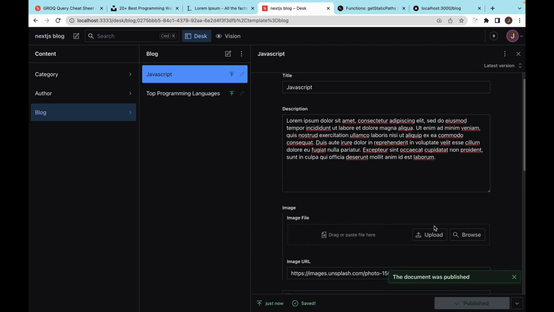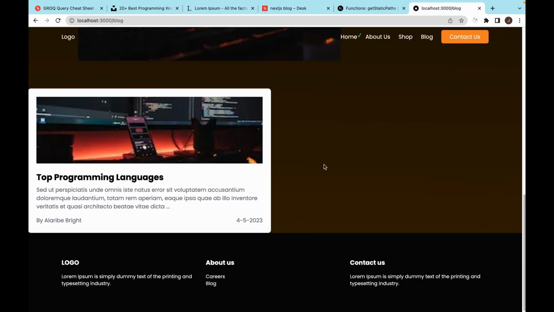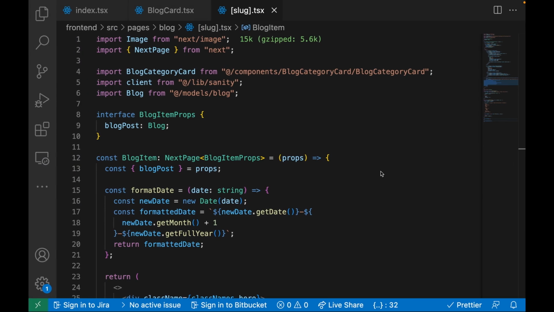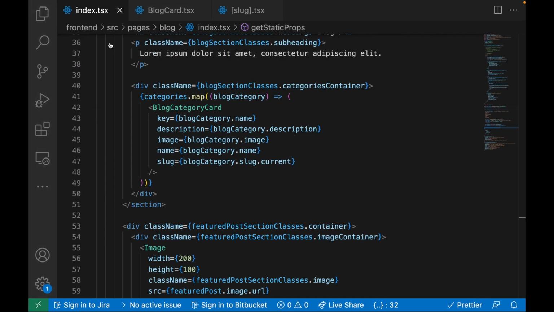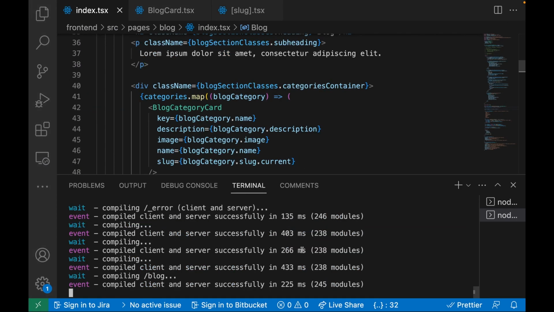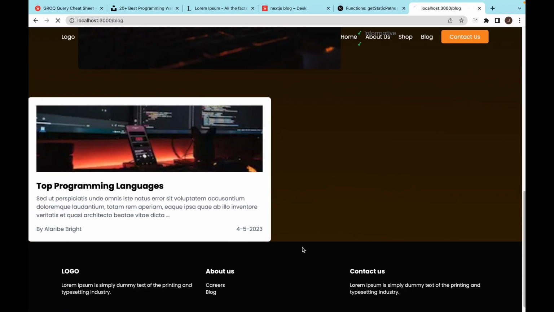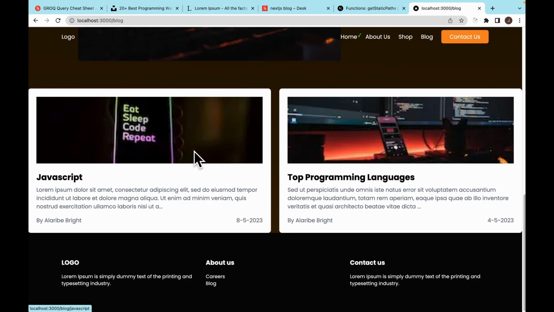Then let's come back to our page and let's reload. We don't see the blog post, so I'm just going to come here to our index. Let's quit our server and let's start it up again, and then let's scroll down, and now we see our new blog post. So if we click on this blog post,